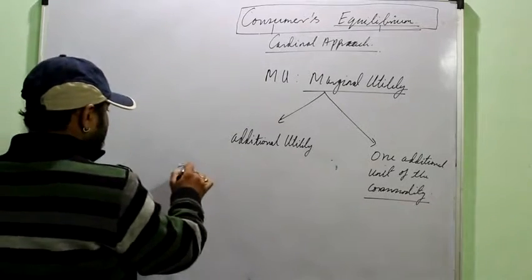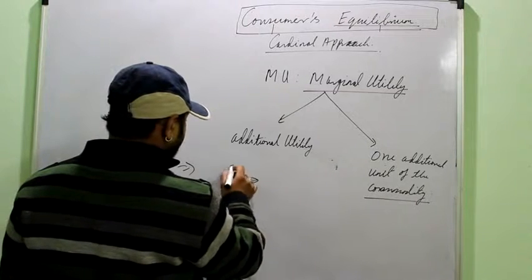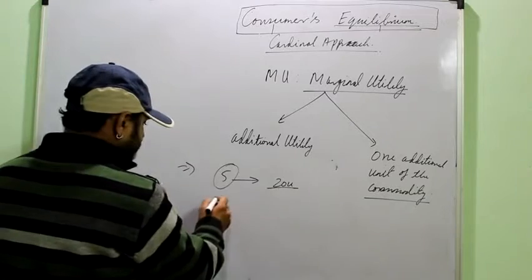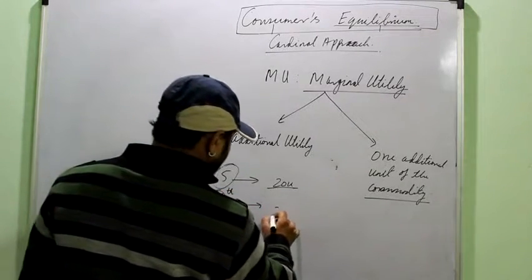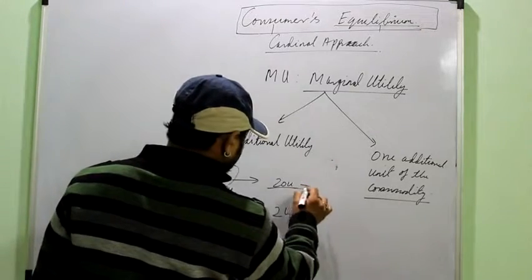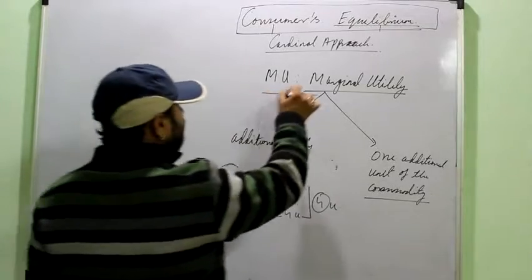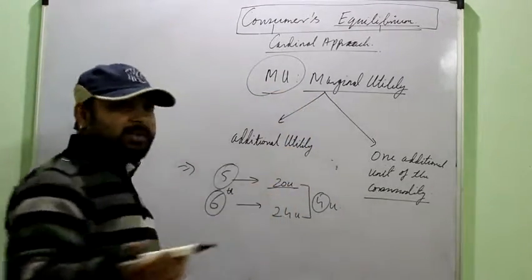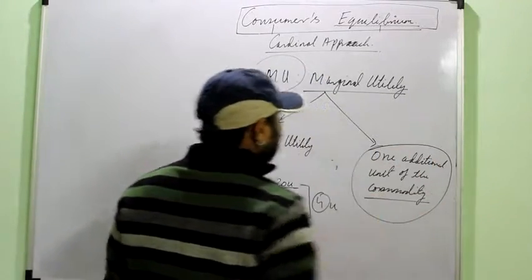Like we talked about one example in total utility, say 5 units. After consuming 5 units, I am getting say utility of 20 utils. Suppose I consume the sixth chapati, and now my total utility is say 24 utils. So 4 utils is the marginal utility. You can also say that it is the rate at which total utility is changing if total consumption is changed by 1 unit.